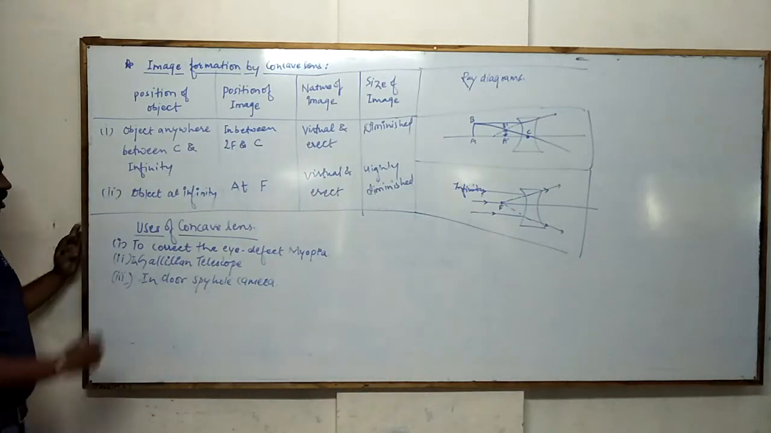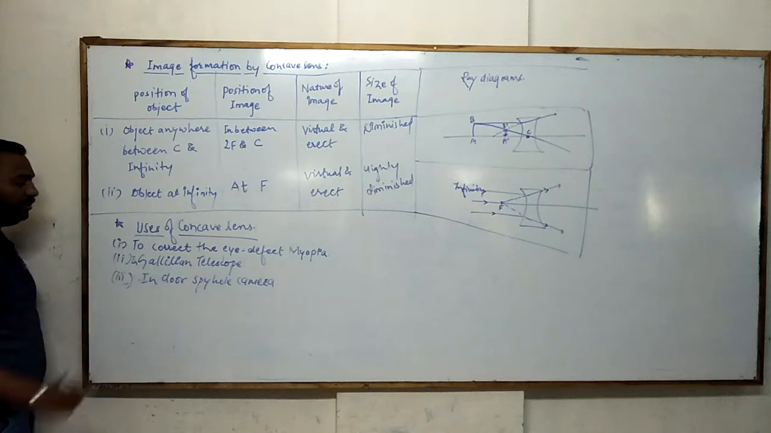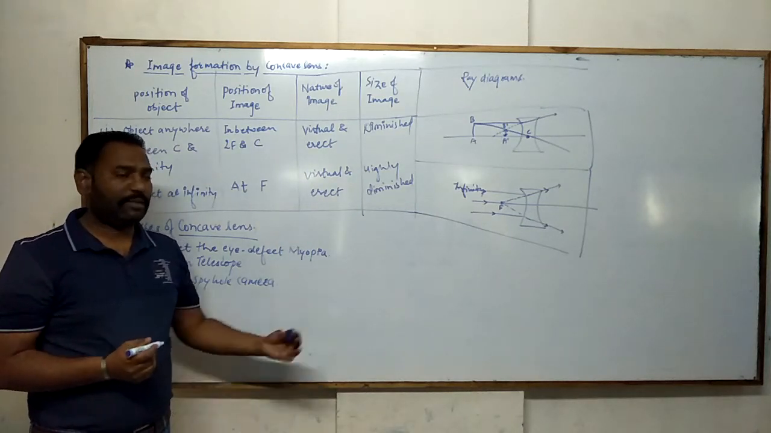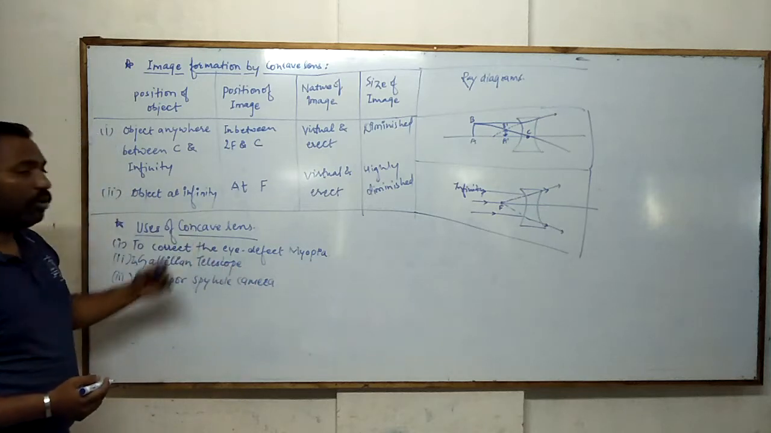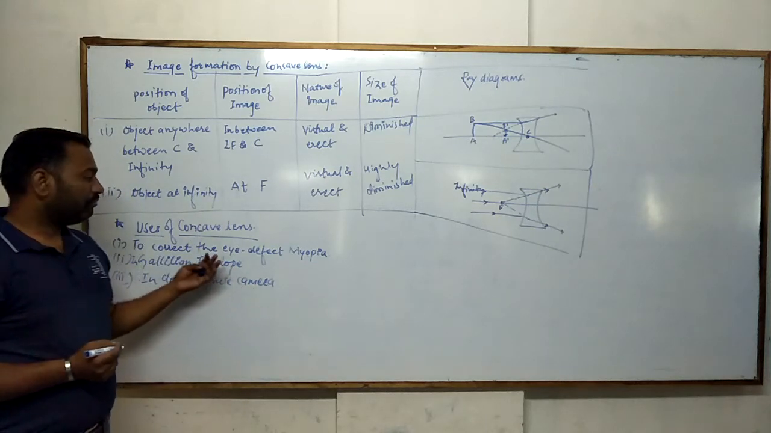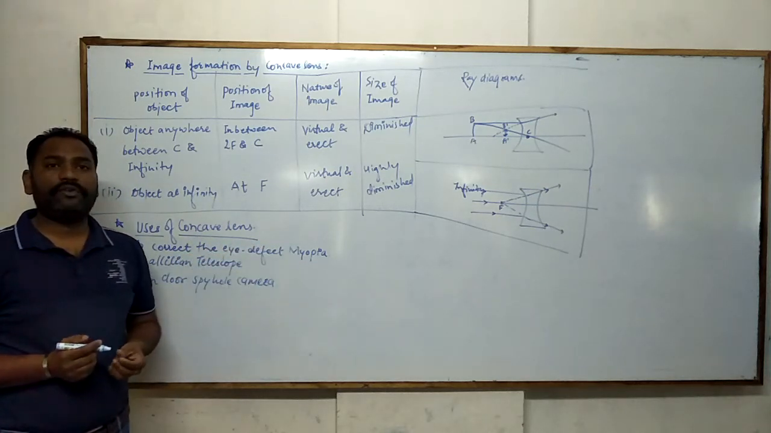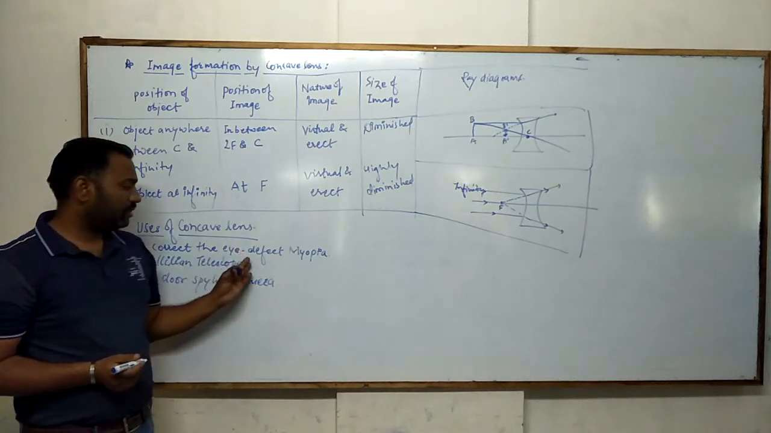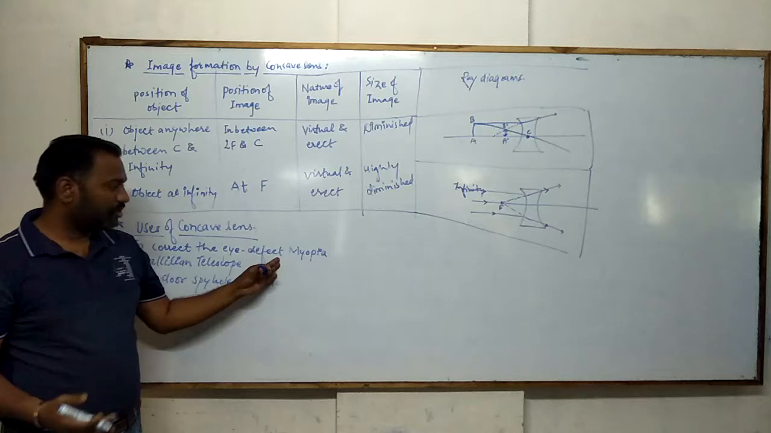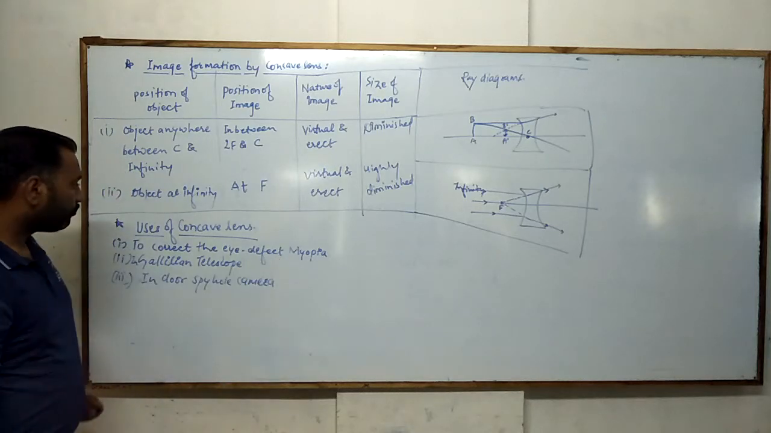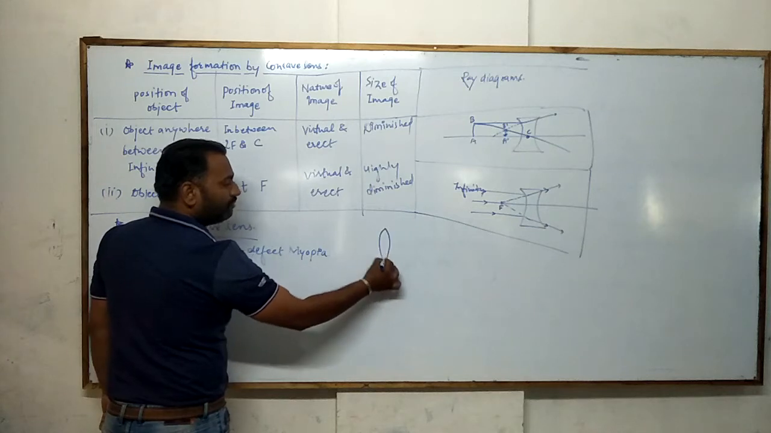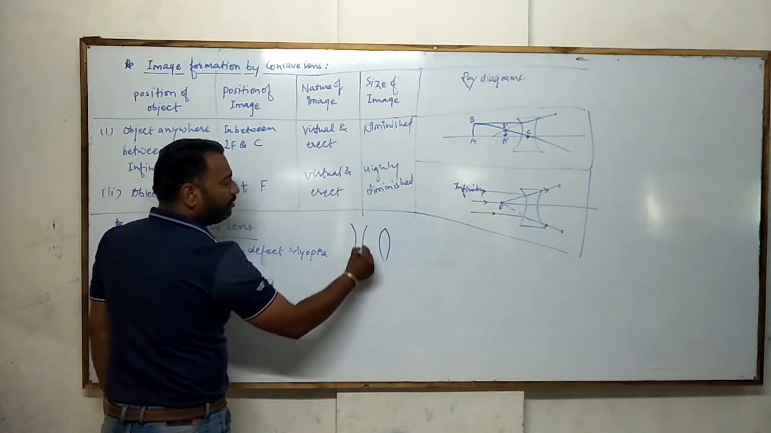And look at some uses of concave lens. It is used to correct the eye defect myopia. We already saw in the earlier class that the convex lens is used to correct the eye defect hypermetropia. Now this concave lens just removes the defect of myopia, because our eye has this type of lens, and before that we have to keep